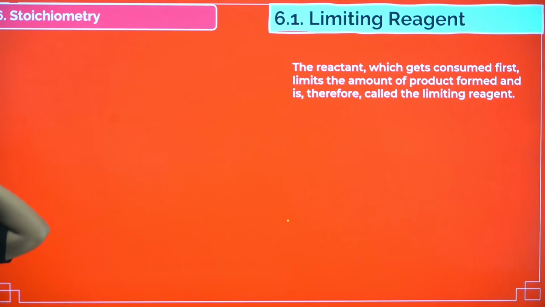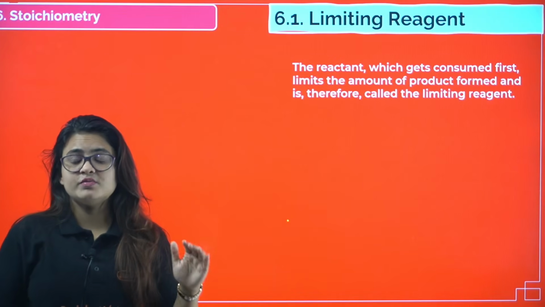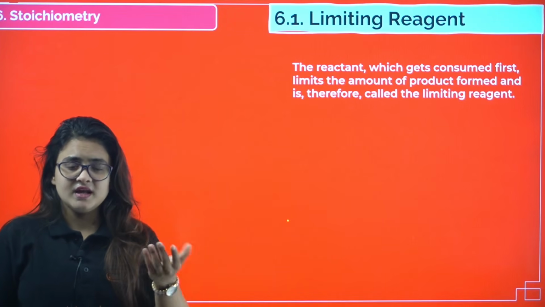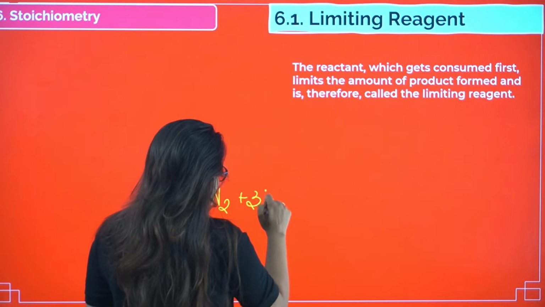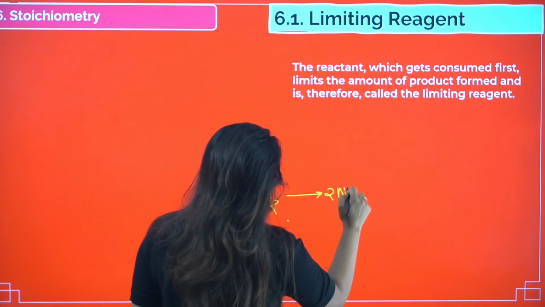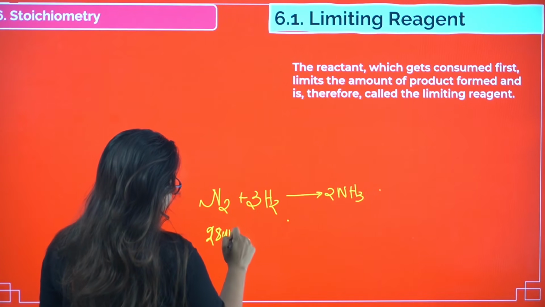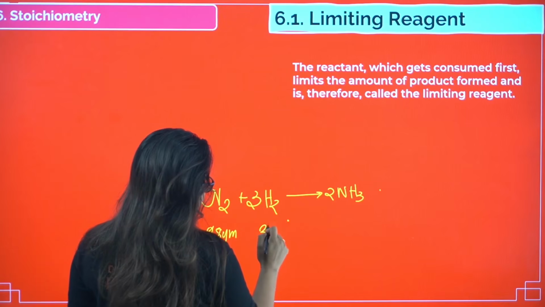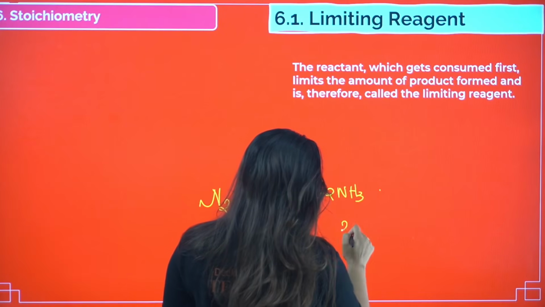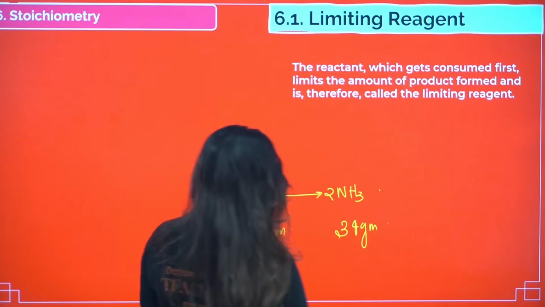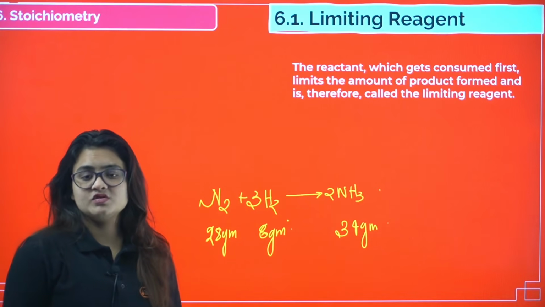Limiting reagent. Limiting reagent means the reactant which gets consumed first and limits the amount of product formed. Definitely, let's say N2 plus 3H2 will give you 2NH3. So this is basically your 28 gram, and this is 3 twos are 6 gram, and here 17 into 2, 34 gram. So now let's say 28 gram nitrogen will always react with 6 gram of hydrogen to give you 34